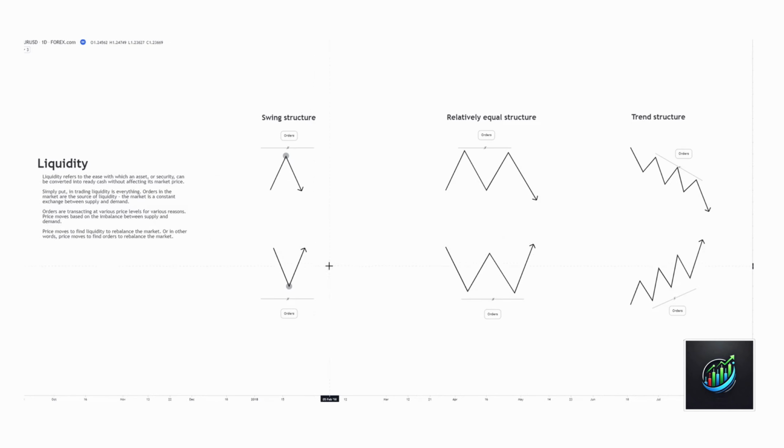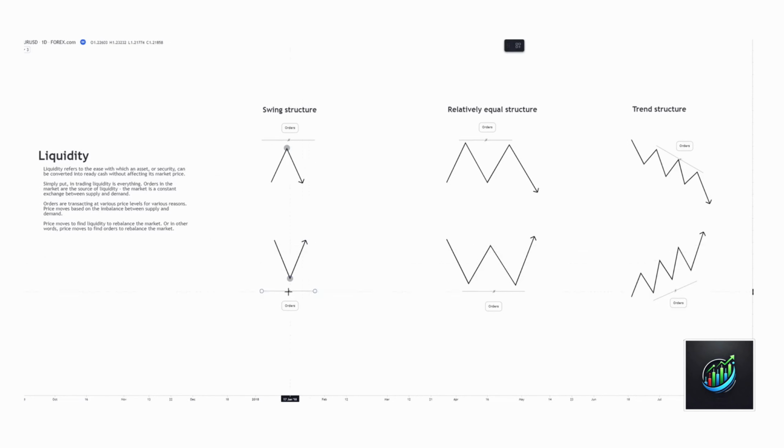And it's the same thing with this swing low here as well. We get an imbalance, price dips into this liquidity pool, this large pool of orders. It rebalances price. It finds that flow between buying and selling. And then price, again, moves in the opposite direction. Why is it doing that? Because we rebalanced price on the low end, now we need to rebalance price on the high end. That is what price is doing. It is just rebalancing. It's doing its job, creating a fair marketplace given supply and demand. It's providing liquidity, which is just the ease of transferring an asset to cash. And that's what it's doing time and time again.